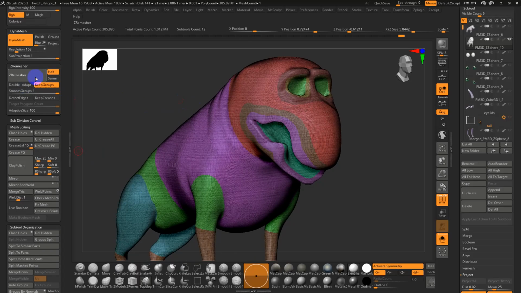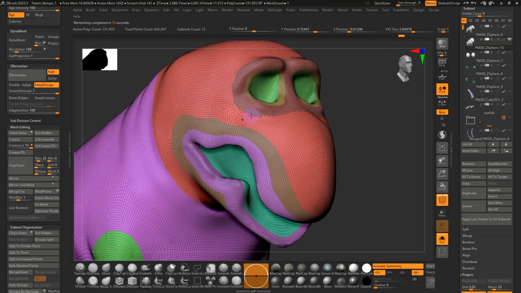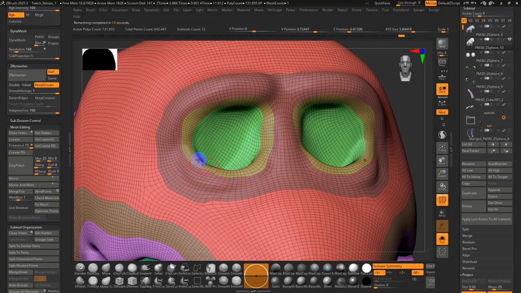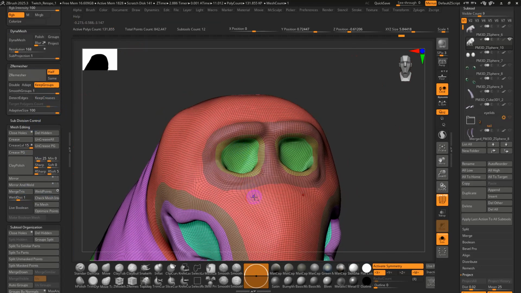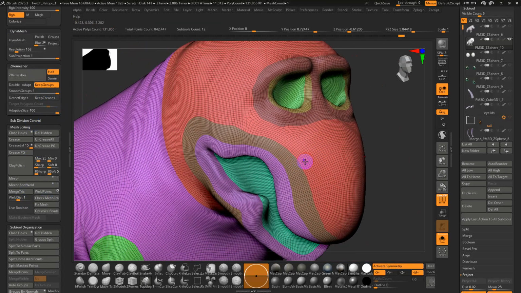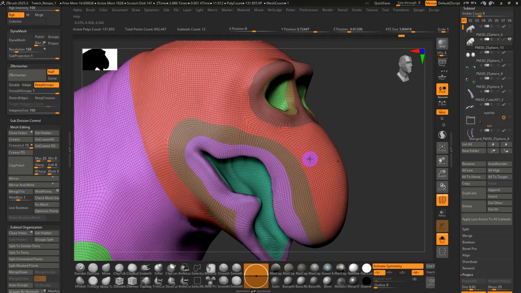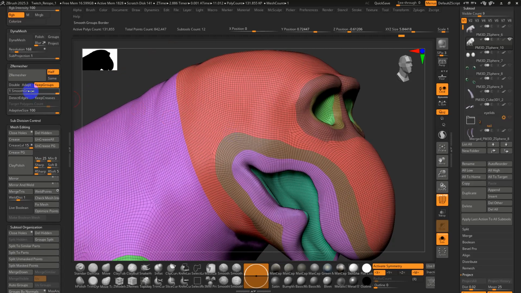So I'm going to Z-remesh this in half and just see what happens. Okay, so this is looking good, right? And one of the things too is sometimes these lines are wobbly, which is one of the reasons why I turn on smooth groups. But one of the problems with smoothing groups as you remesh is that it can destroy the overall volume and shape, but I get that back through projection typically. This effect, by the way, of the smoothing altering the shape, so I'm going to remesh again as I talk, but